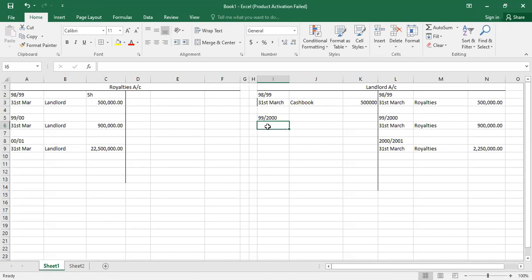Except again, when the transaction has been completed, I'm going to pay for the 360 tons, which is 900. And then in the year 2001,